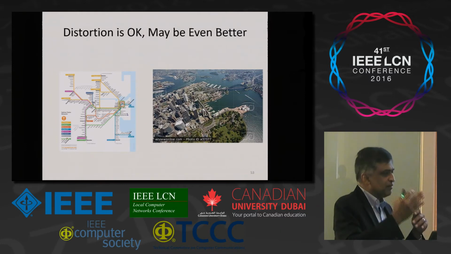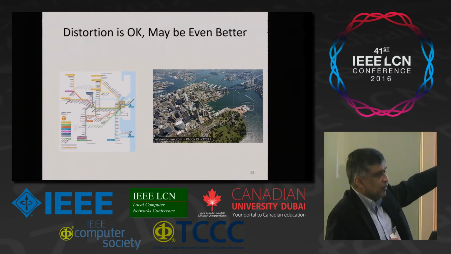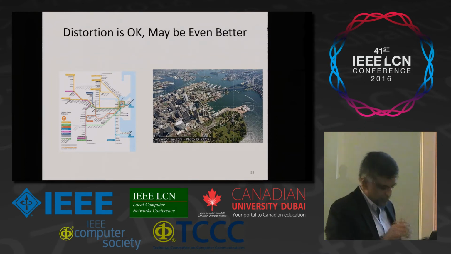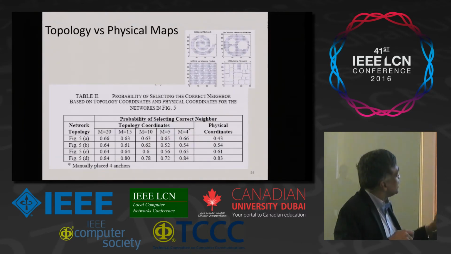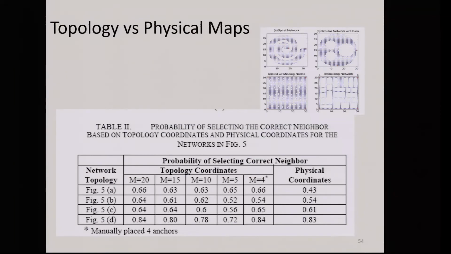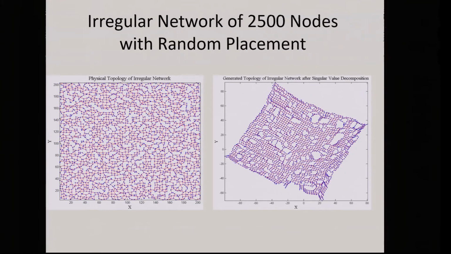For us, we can see, and we have multiple sensors, but in networks, you can only see your neighbors. So this is not natural, right? So that is my argument. In fact, if you use networks like this, and you use greedy forwarding to get from a source to a destination, in the case of physical coordinates, only 40% of the time do you get correct forwarding. But in these distorted maps, you get much higher correct forwarding, because the distortion in this case actually corresponds to the connectivity, right? So this is a more natural coordinate system. More random networks: the original network, the map that we created.